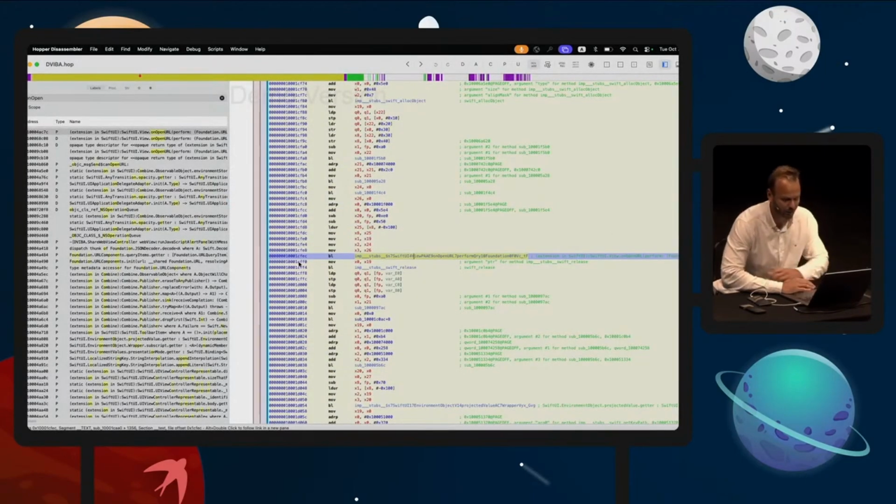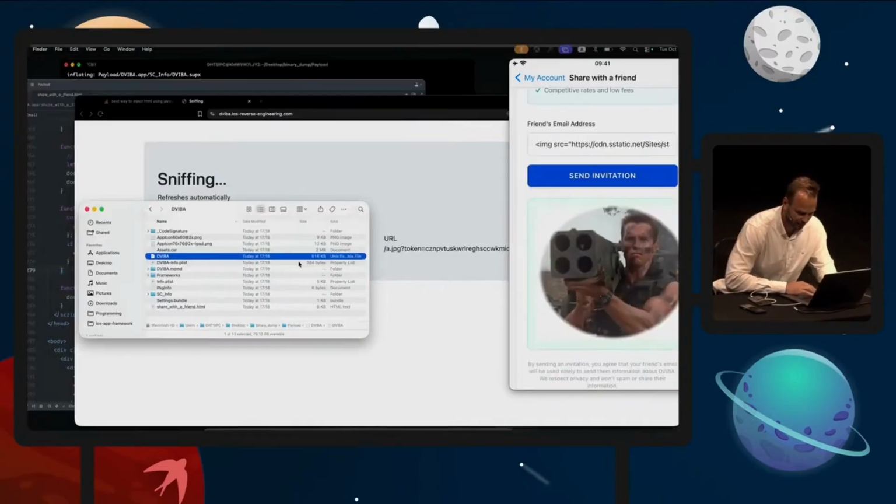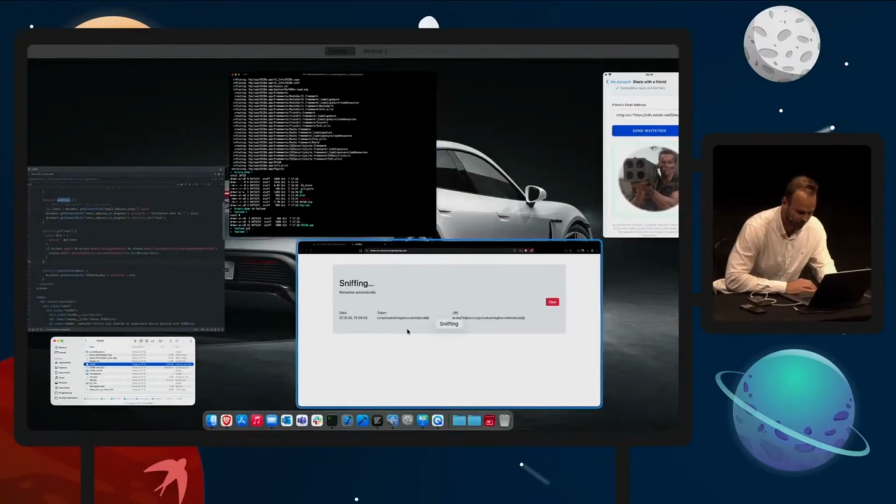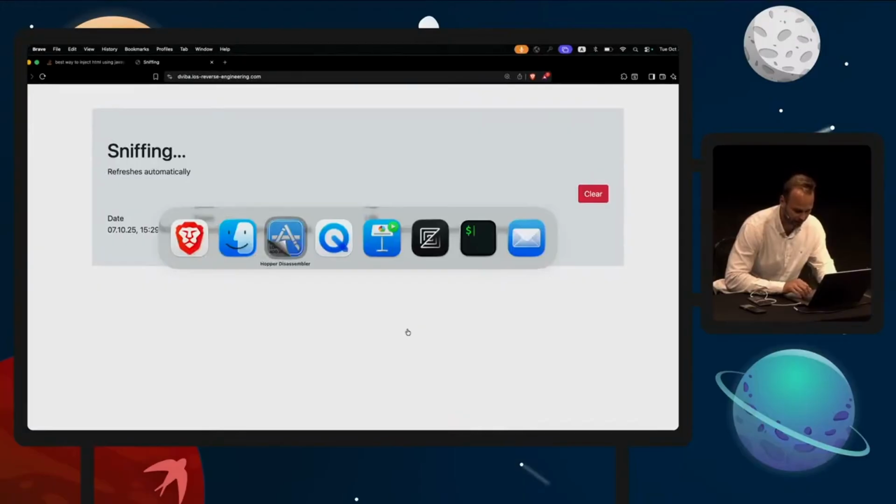And here I would be able to hook into the app's runtime and read from the registers what the parameters of the call of the deep link are. Something similar you will see in a bit. So this is proof that the app actually handles the deep links.